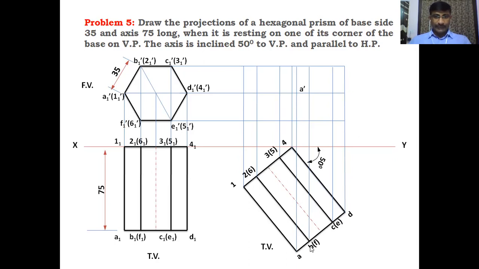And the B dash is located. The B dash is the point of intersection between B line and B1 dash line. This is the B dash. Then point of intersection between the C line and the C1 dash line is C dash. And the point of intersection between D line and D1 dash line, that is the center line, we will get the D dash. And the point of intersection between E line and E1 dash line, this point is E dash. Locate these points of intersections between vertical and horizontal projectors.